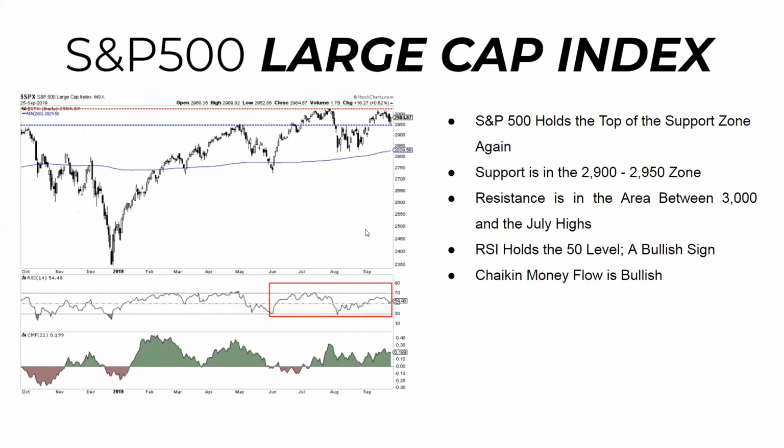Check out the S&P 500 because it held the top of the support zone once again. Yesterday's action, you can see here, the tail tests the 2950 area that we've been highlighting. We've been highlighting support in the 2900 to 2950 zone. Yesterday, similar to the previous day, we came down, tagged that level, and then rallied. Now, resistance does remain in the 3000 area, and between there and the July highs around 3030, so still some churning to do, but an encouraging sign when we see support hold, especially when that support hold coincides with